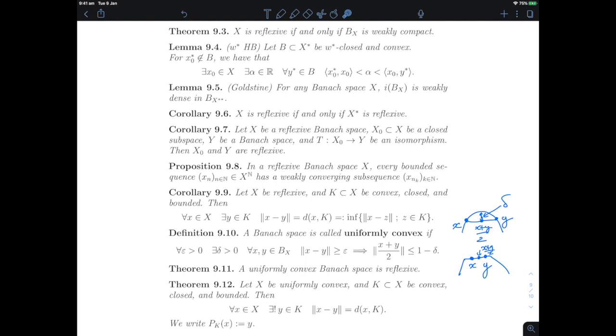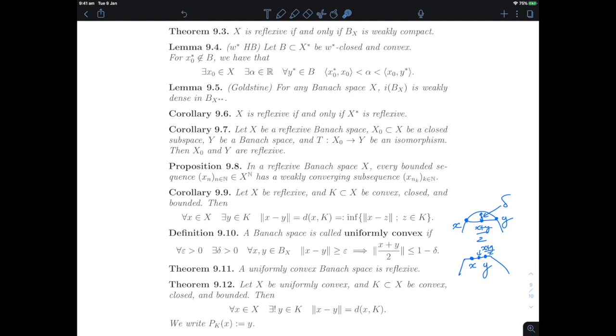And then you would like to think about how these properties dualize, and it doesn't dualize directly. There's a notion of uniform smoothness that is in duality with the notion of uniform convexity. This is a world in itself. This is what's called the geometry of Banach spaces, and we won't go far into it in such a first functional analysis course. But let's prove that at least this property is indeed a refinement of reflexivity, and it gives us the missing ingredient to do optimization, namely the uniqueness of the point y.